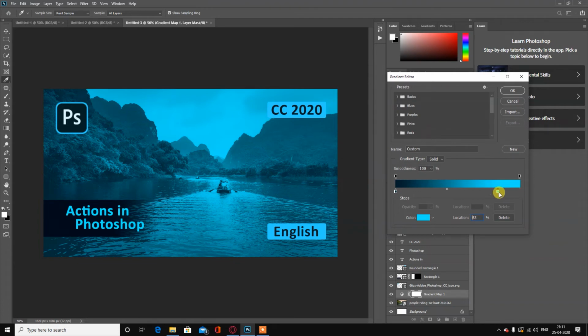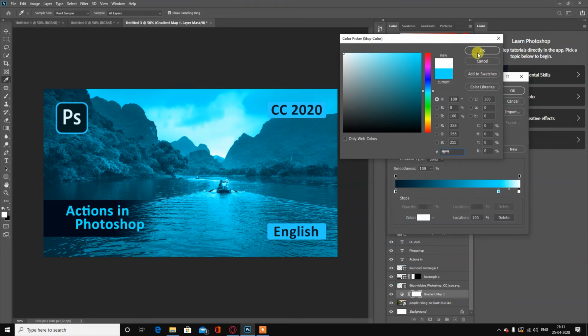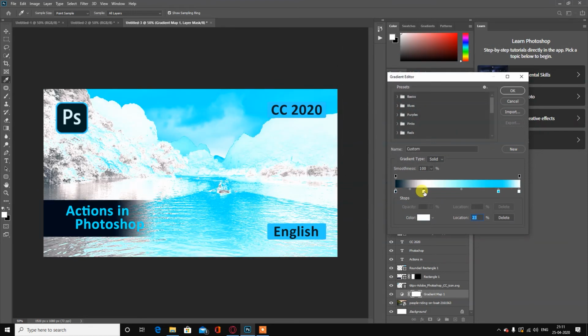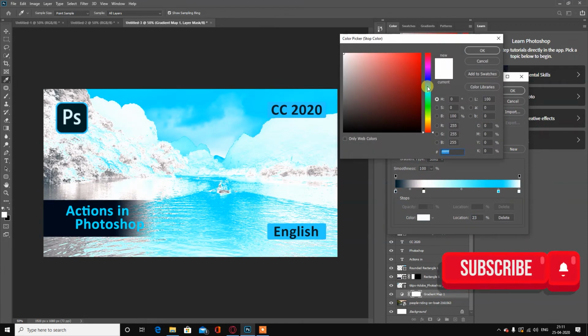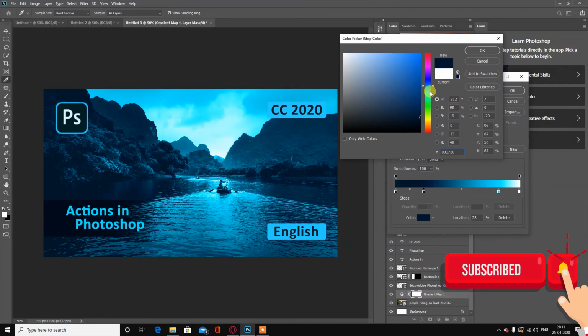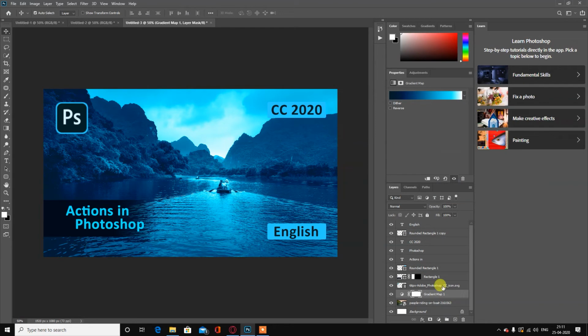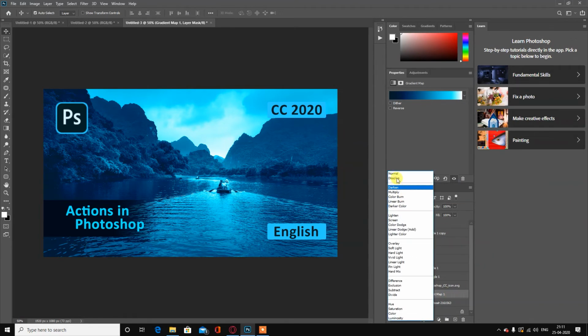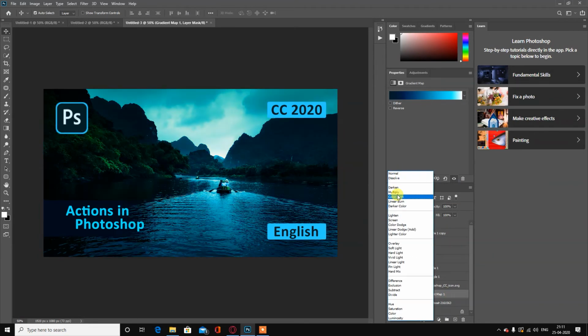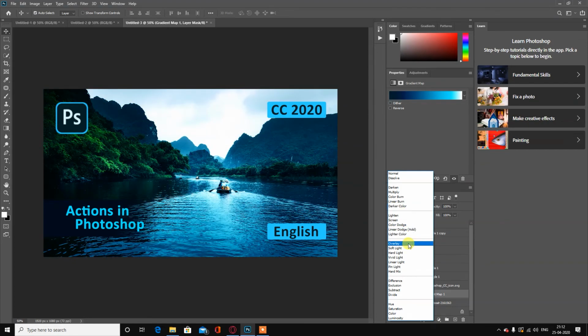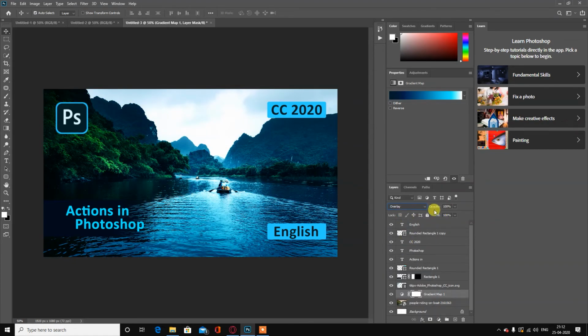Bring it back a little bit. Change this color to white. And now like this. So now we can change the color mode like this. I love this. So now I can reduce the effect with the opacity. Reduce the opacity of the gradient map.